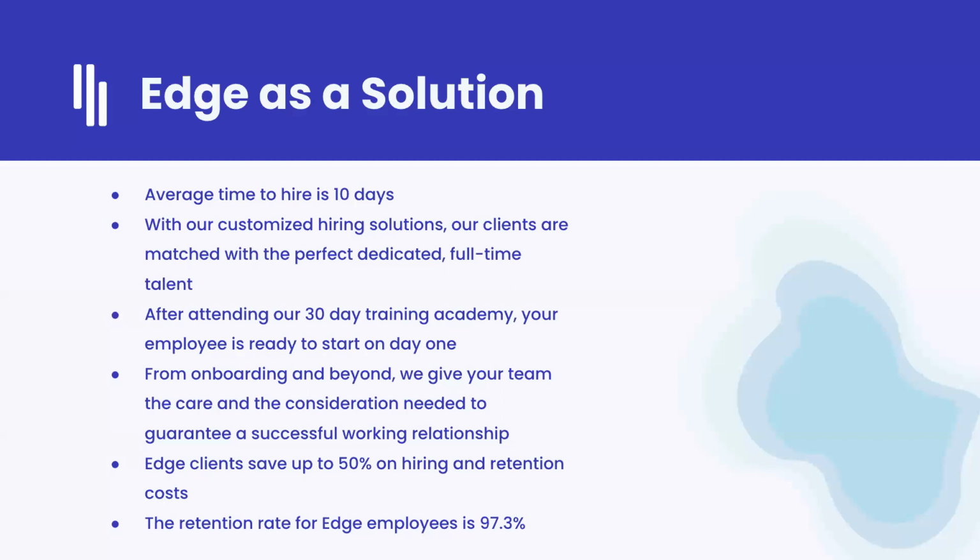Now, once they have come through the Edge program, they go through a 30-day training academy, which is called the Edge Academy. It covers the high level of the dental industry within the United States, the specific tasks, terminology that they would be associated with, and really what will set them up for success, including HIPAA compliancy and more. And ultimately for us, what we have found through doing all of the above is a 97% retention rate year